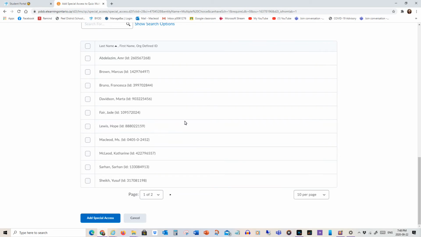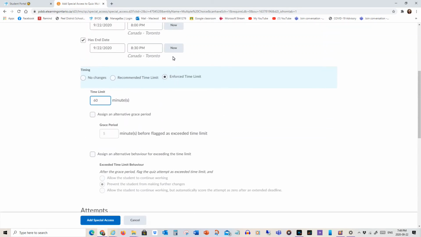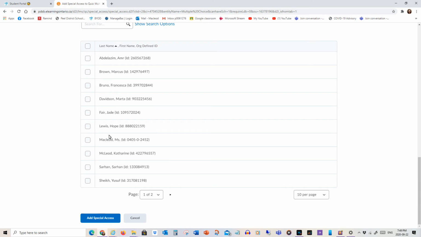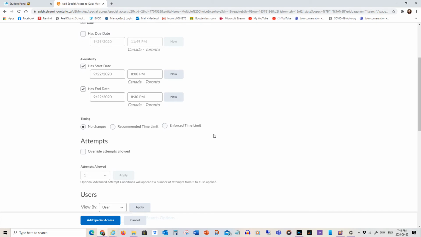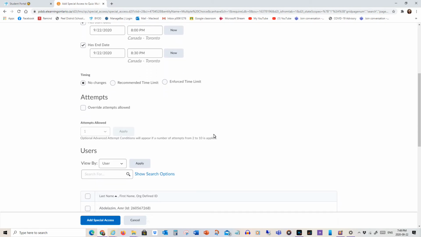Now, one thing to note, I found this out the hard way. Let's say you are setting up these options here and you want to pick some of these students and there's more students in the class. This is only page 1 of 2. If I just click here and go to the next page, these students' settings are lost. So to avoid that, what you want to make sure is that all students are shown on this page. So I'm going to click 50 per page. That way, whatever settings I've got at the beginning here, which is this extended time,